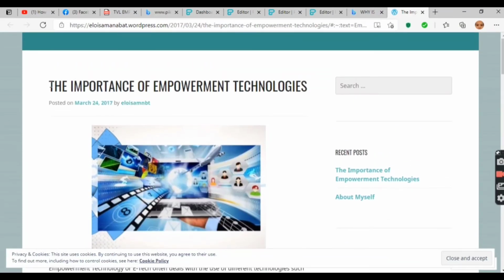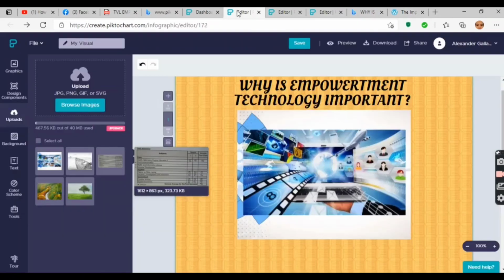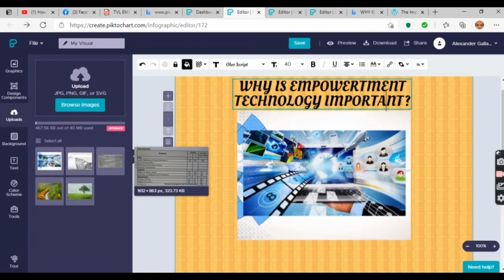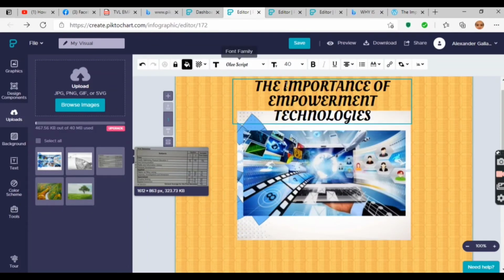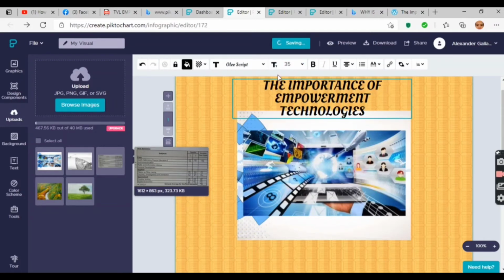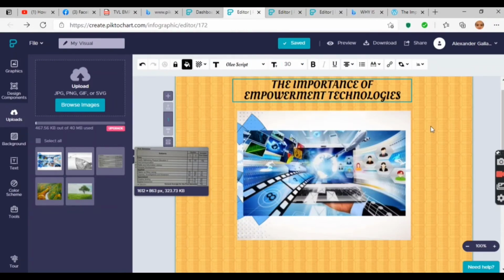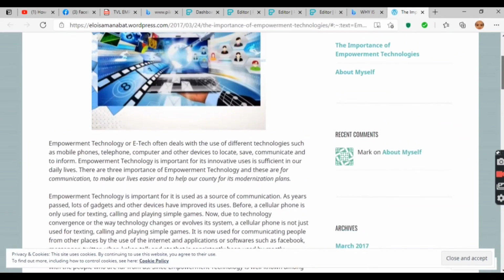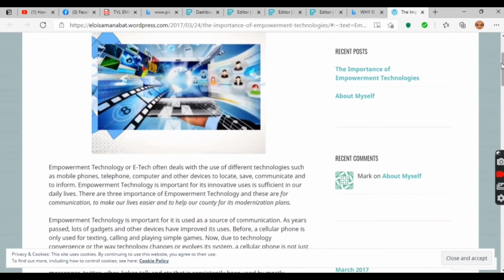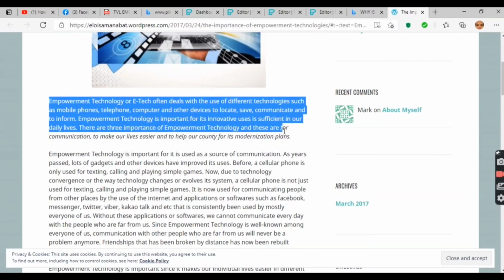Okay, let's change the title to the importance of empowerment technology. So this is still the topic that we used in our activity last meeting. The empowerment technology often deals with,